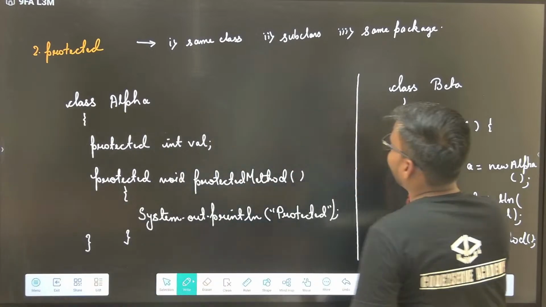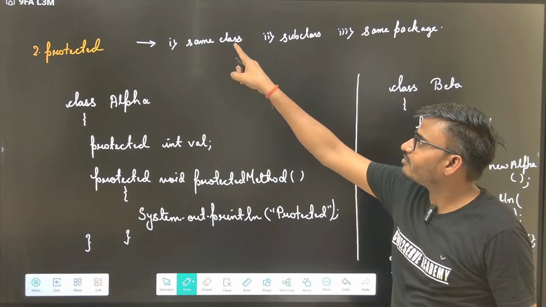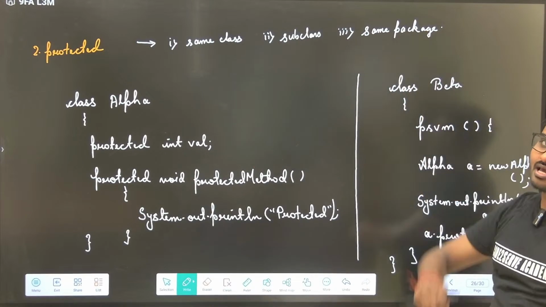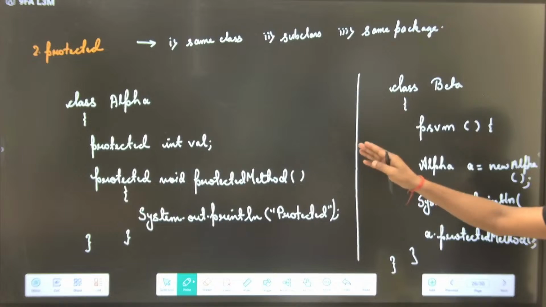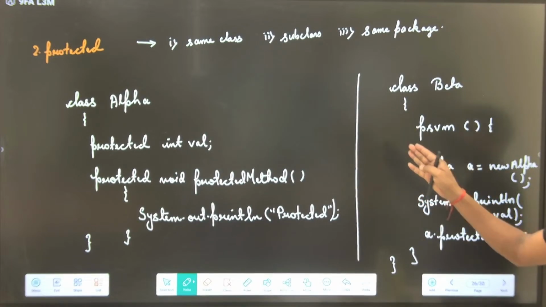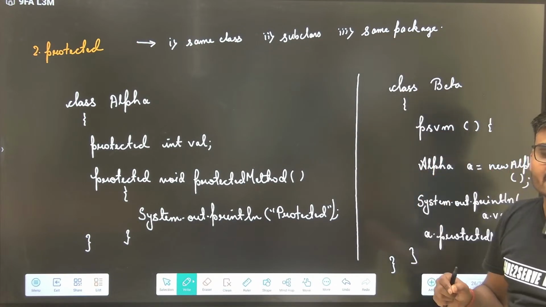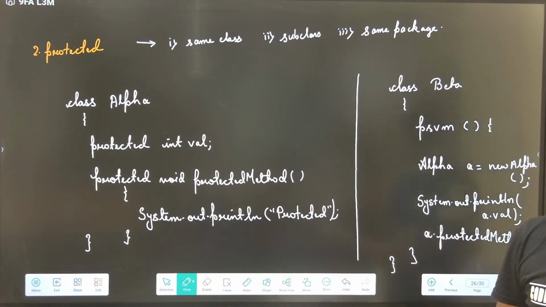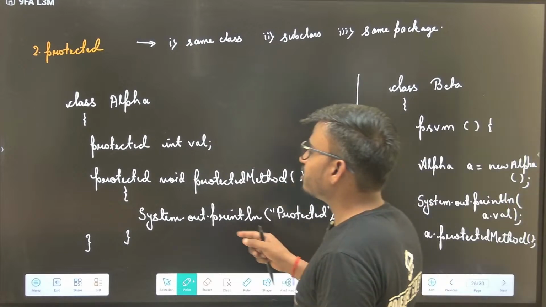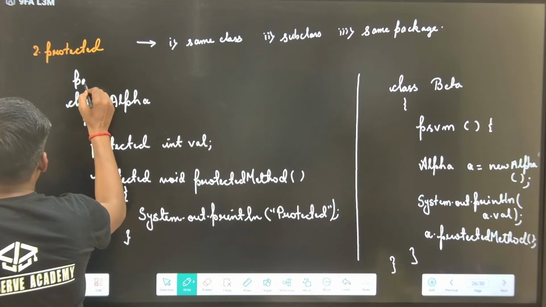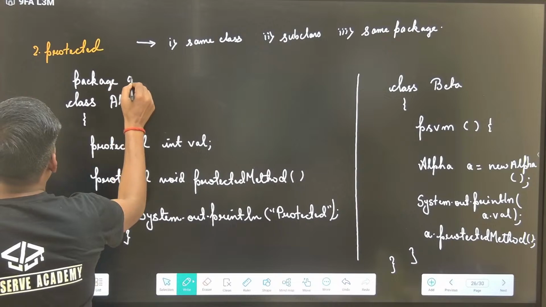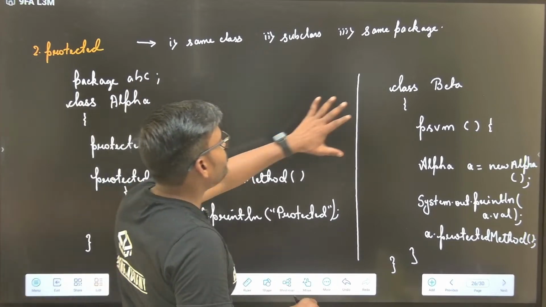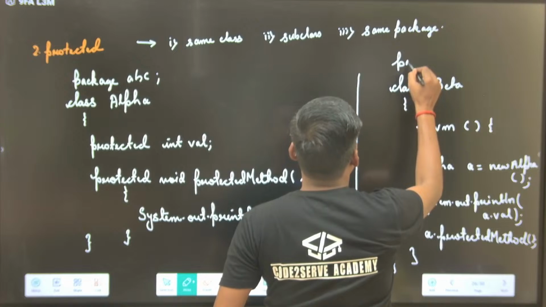Now this is a separate class. So we are seeing access from the same class, subclass, or the same package. Okay, so you are able to access it if it is in the same package, then what I told you, from the same package you are allowed to access it. Got my point? So within the same package, suppose it is present in the package ABC, then this should also be present inside the package